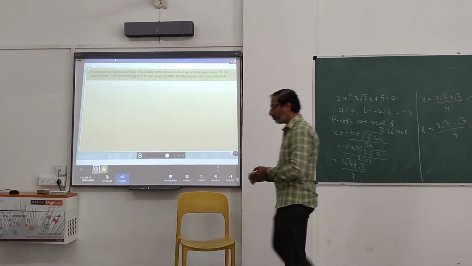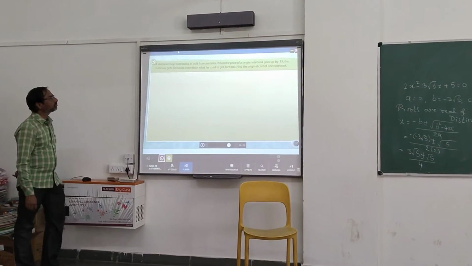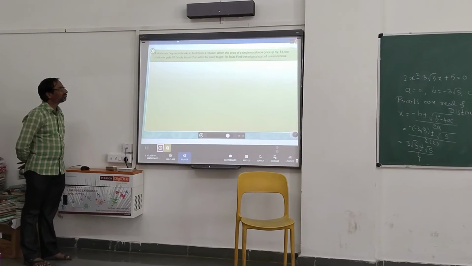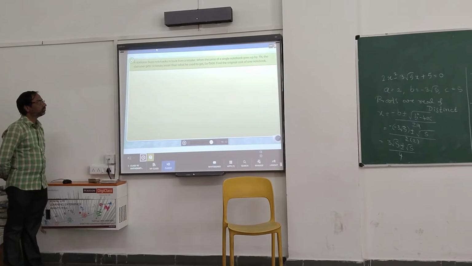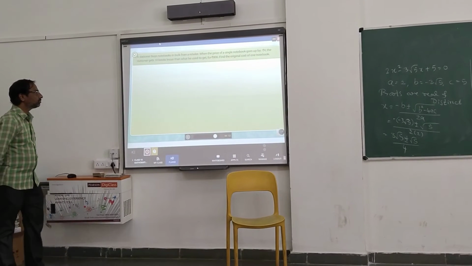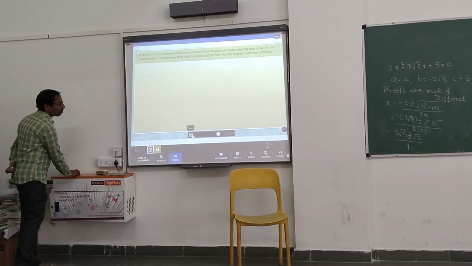Now, take a look at this example. A stationer buys notebooks in bulk from a retailer. When the price of a single notebook goes up by 4 rupees, the stationer gets 10 books less than what he used to get for 800 rupees. Find the original cost of one notebook. In this case, we are given